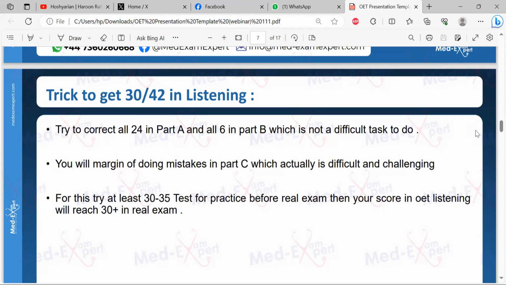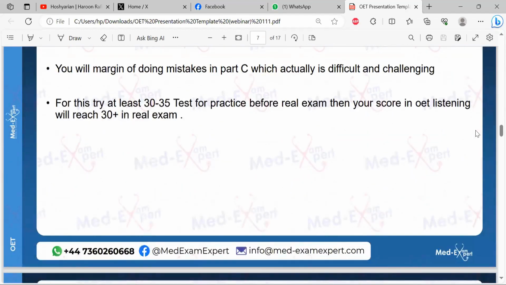But the thing is, suppose it is undoable, then if you get all 24 and 6 correct, you can easily make mistakes in Part C. But for this, try at least 30 to 35 tests for practice before the real exam. Then your score in OET listening will reach 30 plus in the real exam. And let me tell you, if you follow my advice and practice this number of tests, then I'm sure that if you are scoring 30,